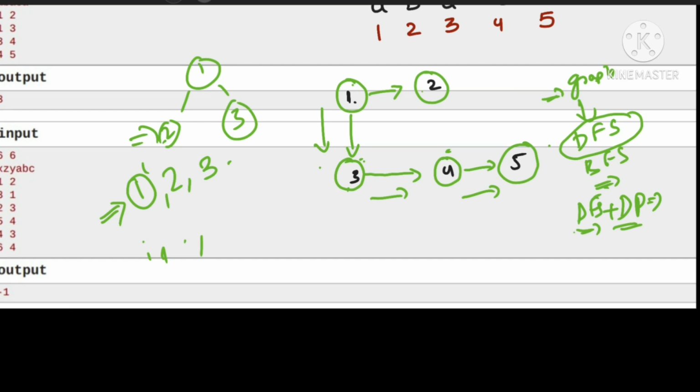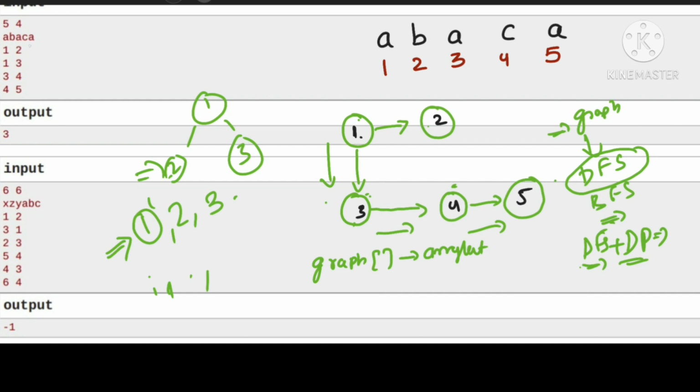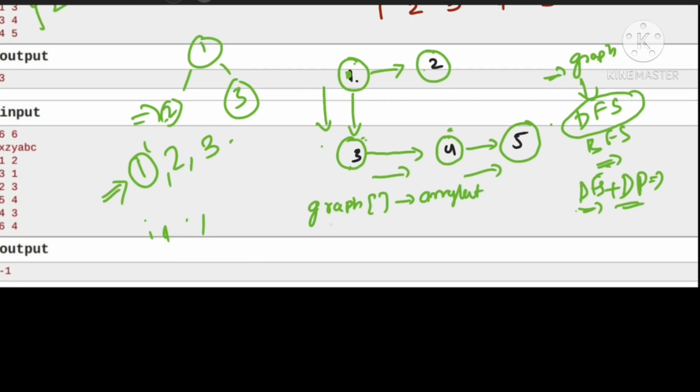So before starting the code, the first thing you have to do is find what data structures, I mean what variables, I have to use in order to code the solution. First thing is I need a graph array that holds an array list. If you see here, it's actually a two-dimensional matrix, which is not very convenient. I want to know at one point how many nodes this one node is connected to. That's why I will be using this graph.